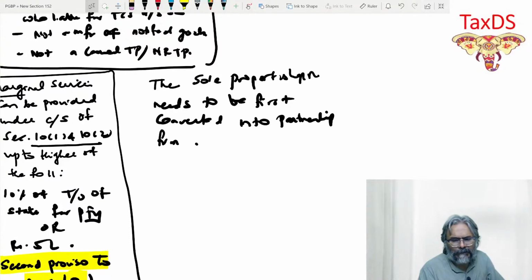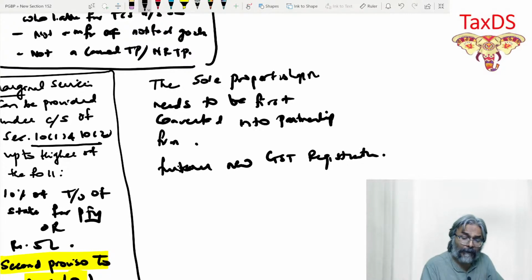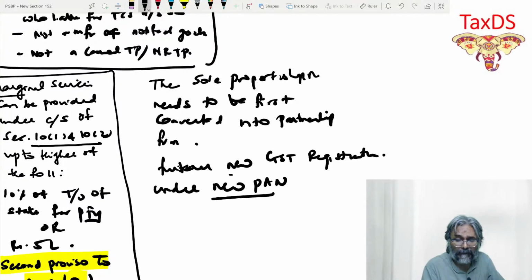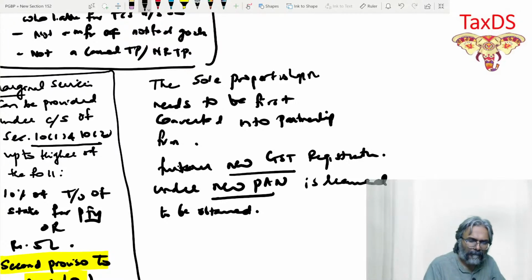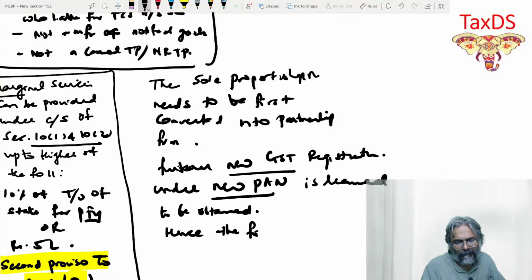So the sole proprietorship needs to be first converted into partnership form. Full stop. Next line. Further, new GST registration under new PAN. This is very important, students. New GST registration under new PAN is required to be obtained. Hence, the form will be considered